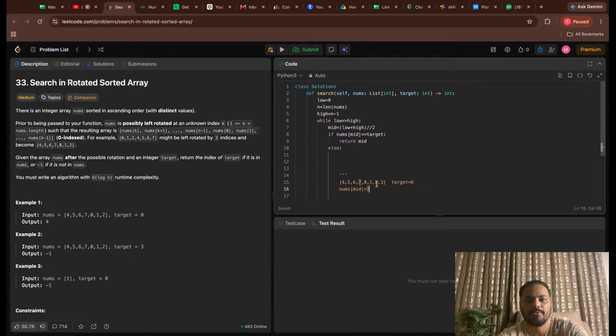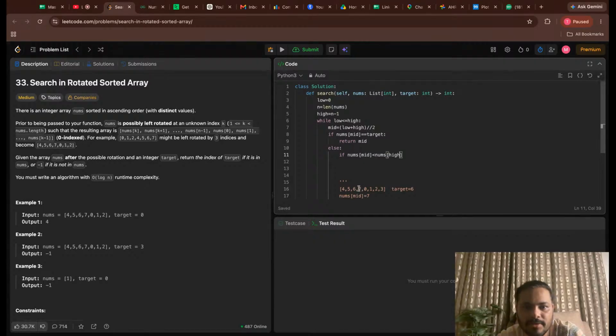So I would say if nums of mid is less than or equal to nums of high. Okay. If my nums of mid is less than nums of high, it means that